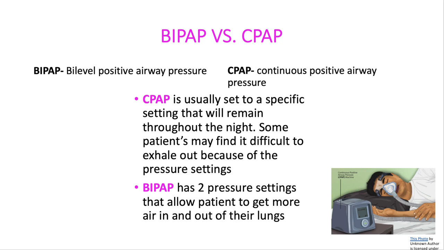BiPAP delivers a set inspiratory pressure with each breath that provides a positive airway pressure. For CPAP, the goal is to expand the collapsed alveoli. This is a machine that will be commonly used for your patient that has OSA, sleep apnea. Both CPAP and BiPAP are used post-extubation to prevent re-intubation, or for the patient that has COPD or atelectasis from surgery. Well, this wraps up my content on different types of oxygen,